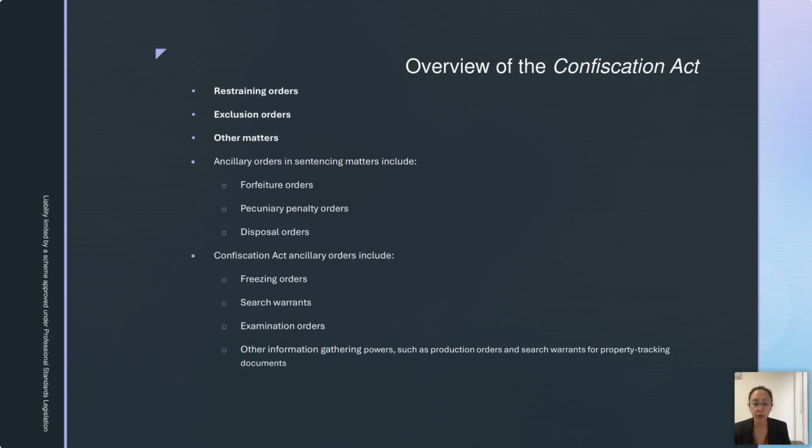Examination orders are also permissible in the state legislation, although rarely utilised, but the power is still there. There are other information gathering powers, such as production orders and search warrants for property tracking documents. I pause there to say that the importance of knowing about the other information gathering powers is that